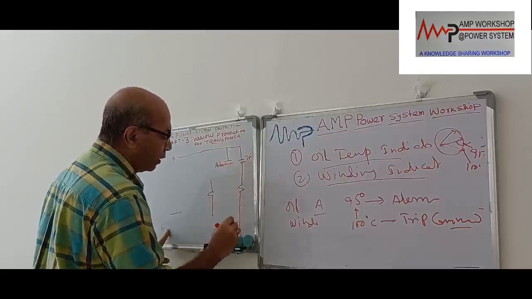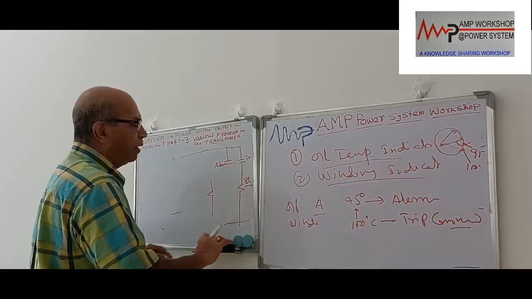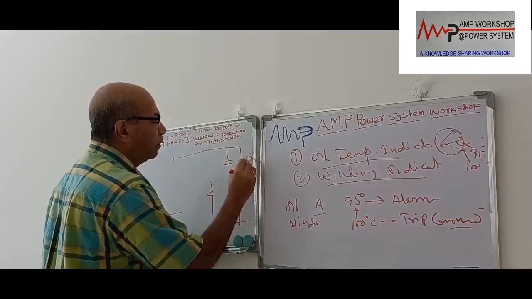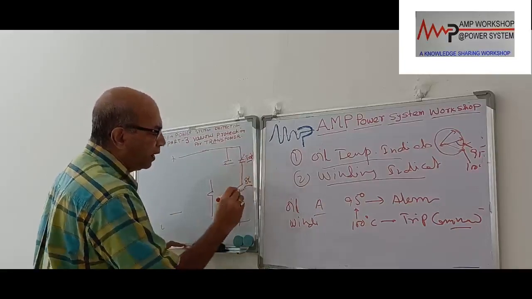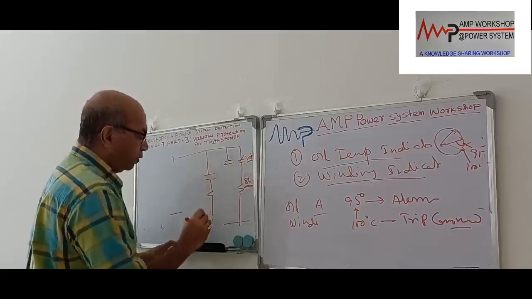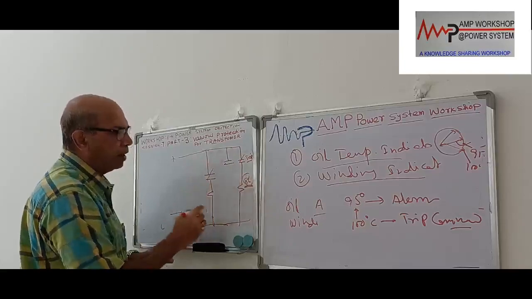We connect a lockout relay. We'll come after that. It is called the 86 lockout relay. It is not only this; so many contacts are connected in parallel. Now this is a transformer trip contact. When this contact operates, immediately the 86 lockout operates, and this 86 lockout relay is connected over here to the trip coil. The moment 86 operates, it gets closed, the trip coil gets energized, and the breaker will trip.